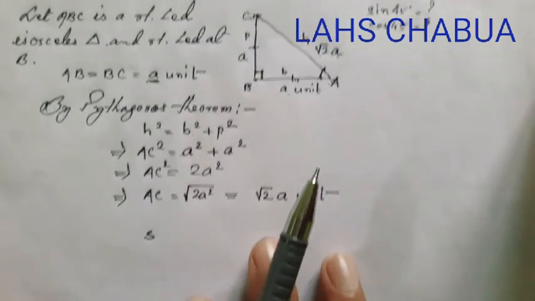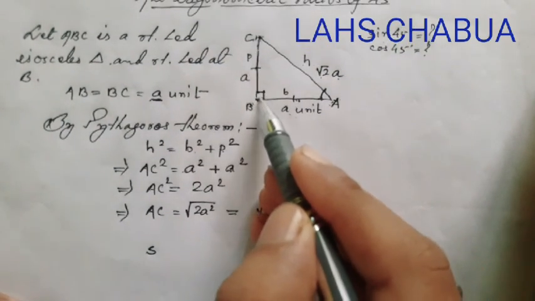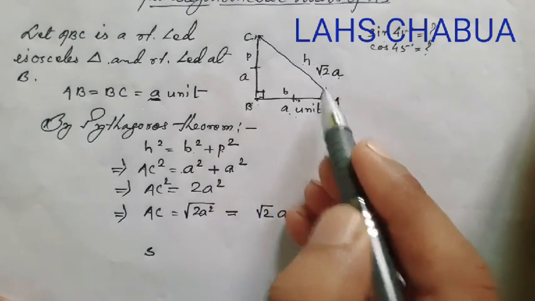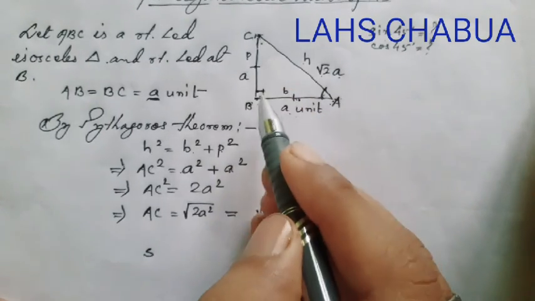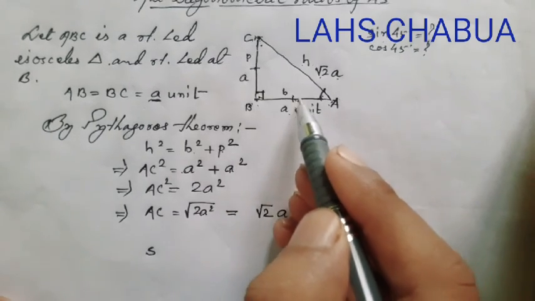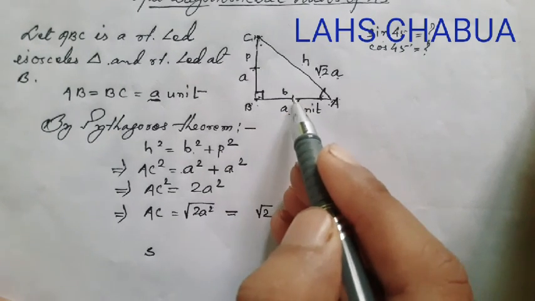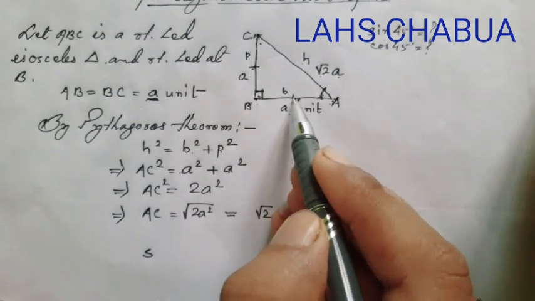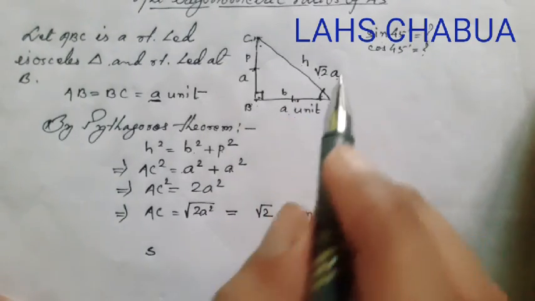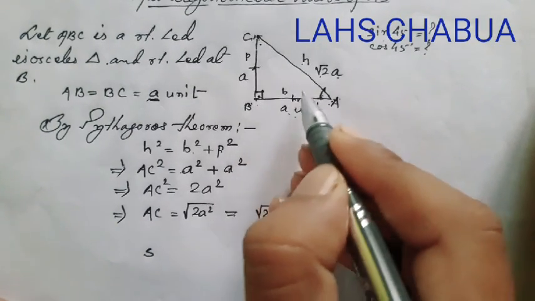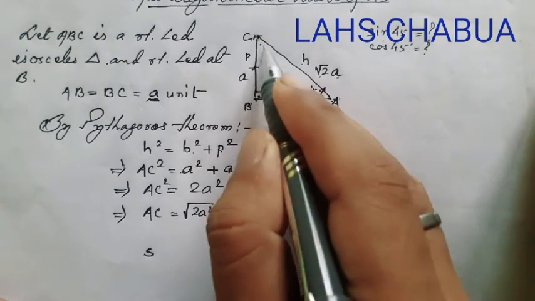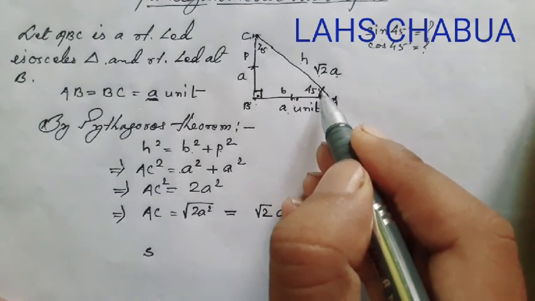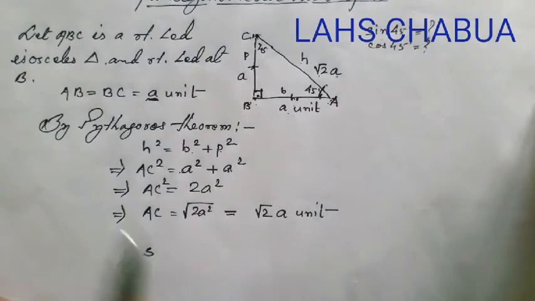One more thing I would like to show. Since this angle is right angle and these two sides are equal, what's about the angle measurement for this? This is right angle and these two sides are equal. So angles opposite to equal sides of a triangle are always equal. So if it is 90 degree, then it is 45. This is also 45. So we are going to find the value of this sine ratio of this 45 degree.